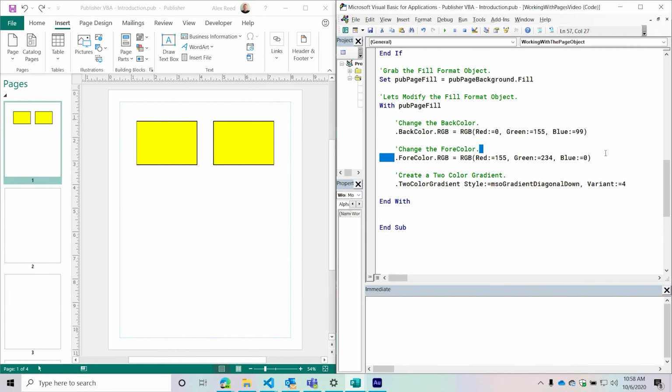So it has a fore color that we specify with an RGB object, and then we also have a back color as well. And then we do a two-color gradient style. Okay, so moving on,